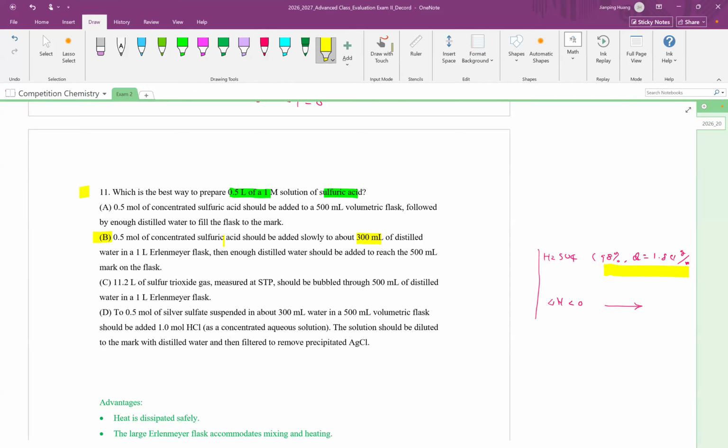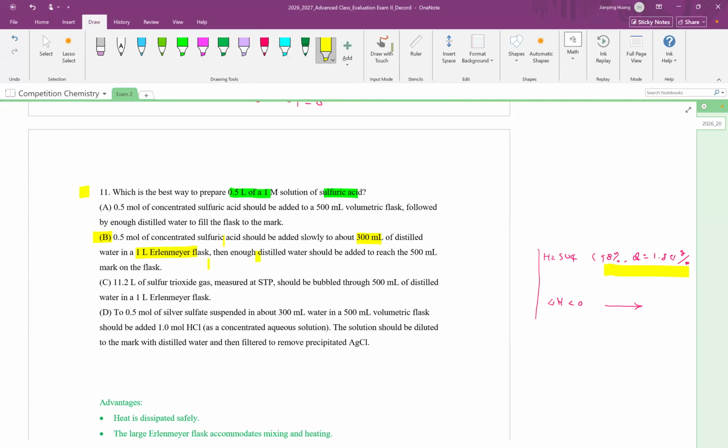Use a smaller amount of water in the 1 liter flask, an ordinary flask, or use a beaker. It's okay. Now, then cool down. That's to miss one sentence, because in this case we release lots of heat. Sometimes even the water will boil. Yeah, the water will boil. Now you let it cool down,